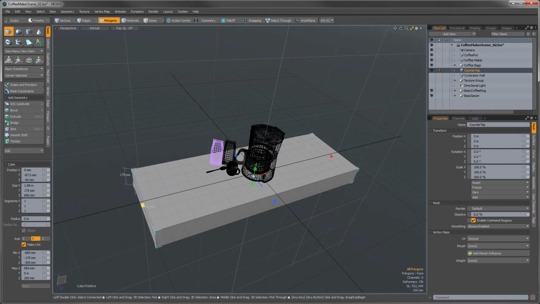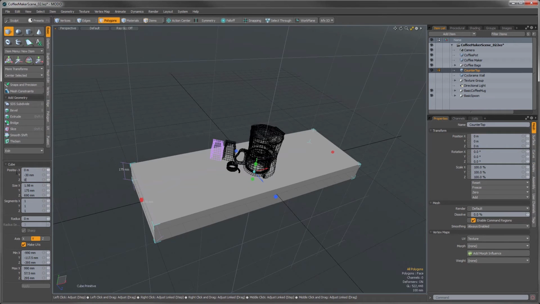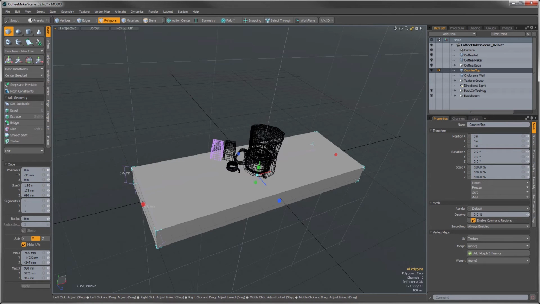For this tutorial, I want specific results. The interactive drawing is just a little too imprecise for this, so we can enter values in the tool's properties panel found under the toolbox whenever a tool is active. These are all the settings you can adjust for the cube primitive. Let's set our center for the cube at 0, -30mm, and 0. When entering information like this, press the Tab key to jump between input fields and finalize a value by pressing Enter. Now let's set the size at 1.976 by 60mm by